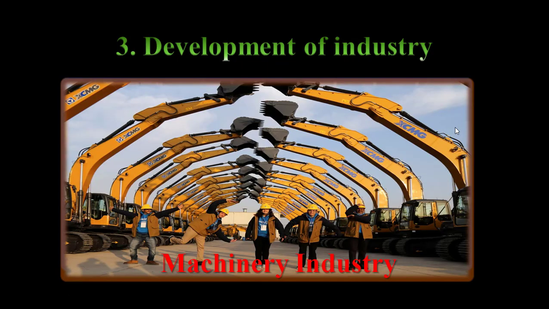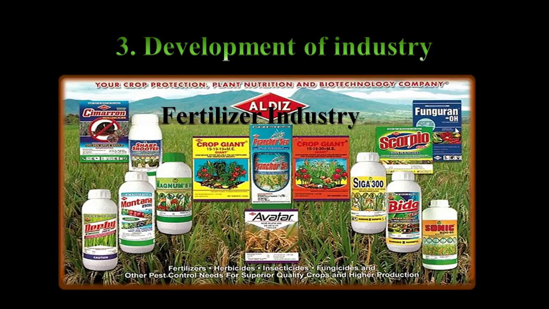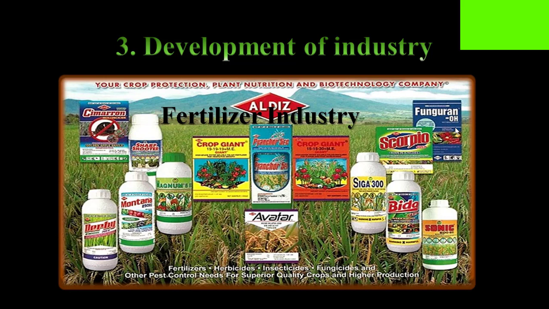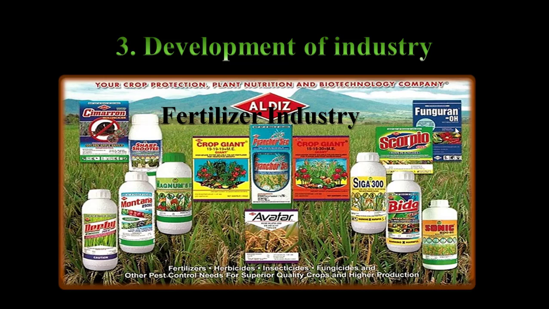The much needed food security to the nation has been ensured with the development in agriculture. And the third one, development of industry. There has been a substantial improvement of the capital goods industry, including iron and steel, machinery, chemical fertilizers, etc. A lot of development took place, especially in industries. Essential industries were achieved.